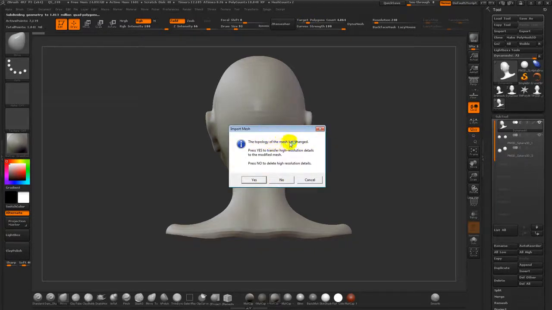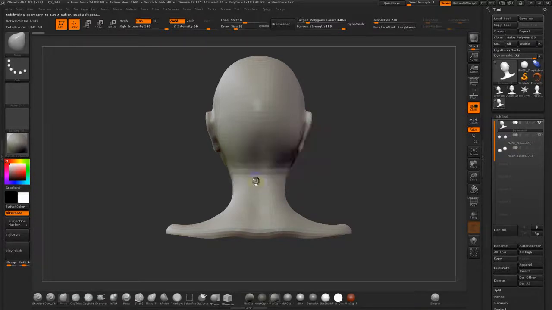It says the topology of the mesh has changed. Do you want to transfer the high resolution detail? So it detects that I've got new UVs, I've got new polygon layout, and that I have high poly detail still in my Z tool. So the great thing about this is I can quickly just say, yes, transfer my sculpting detail to this new laid out version of the mesh. In this case, I didn't really do any detail sculpting at the high res. I just have subdivisions, but